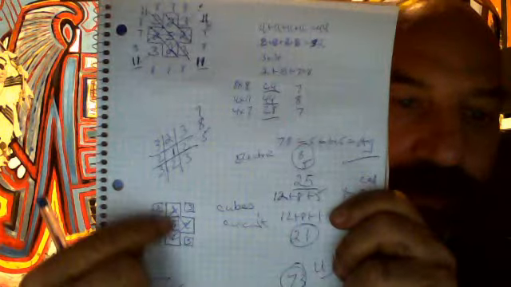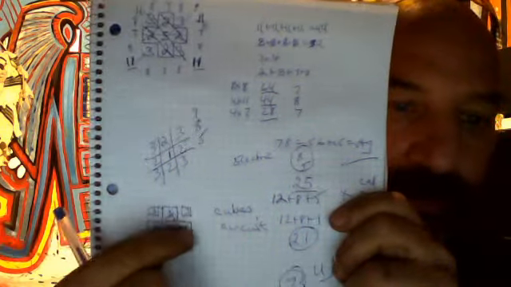2, 4, 6, and 8. 2 and 2 is 4. 2 and 2 is 4. 2 and 2 is 4. That's 8. 2 and 2 is 4. It's 12. 2 and 2 is 4. 16. Yay! 7. Because you have to count it all the time. You land on it and you go from it. And you land on it. I mean, the rabbit lands in one patch of snow and then he says, okay, let's go.